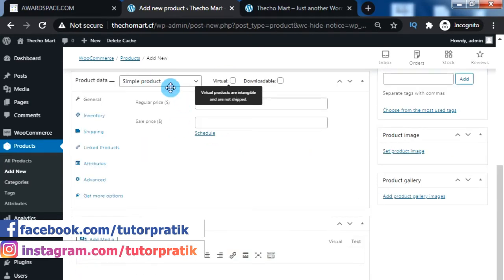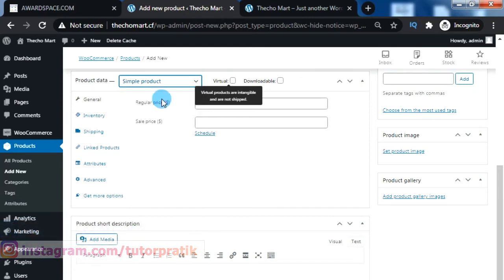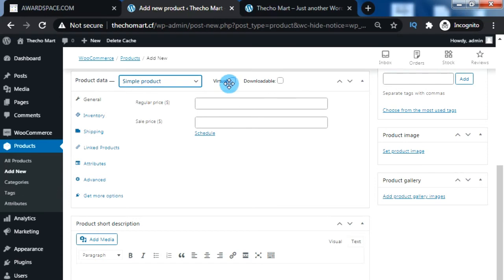After then, you can choose this product type. I'm just going to choose this simple product. It is not virtual and not downloadable, so I'm not going to click on this checkbox. And on this regular price, we can give our price like 1,200. And on this sale price, if you want to give some discounts on them, you can give the discounted